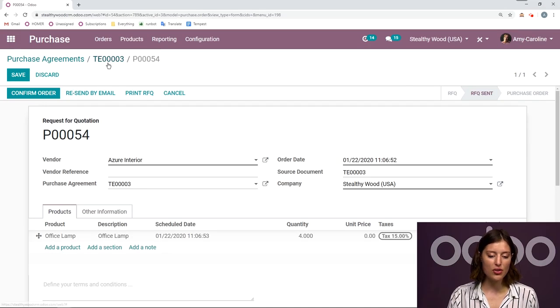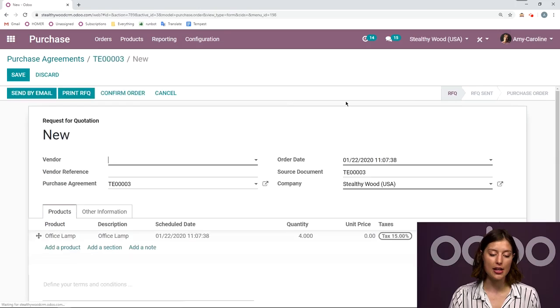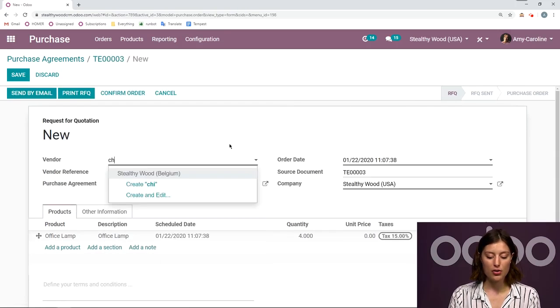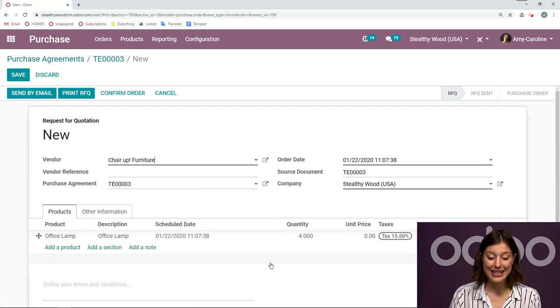Okay, then let's go back to the call for tender, and we're going to create a second quotation. So I'm going to choose my vendor, Chair Up. Again, I don't have to add the product or the quantity because it's done automatically for me. And I'm going to send this by email as well. Okay,